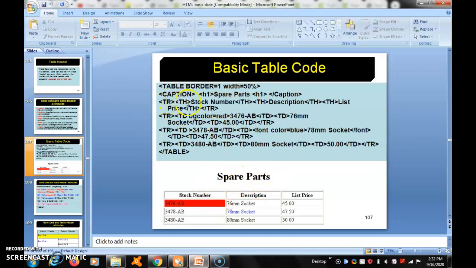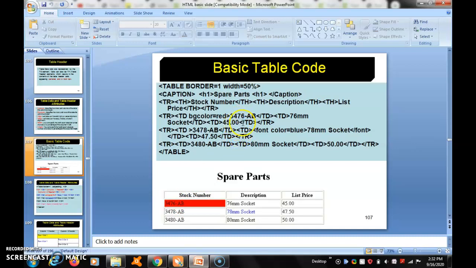Then table row, table header, stock number. Table row, table header, stock number, and second table header, description. Third, list price. All that is available in the table header. Then next, BG color. Only this column is red. So the remaining is all in data.